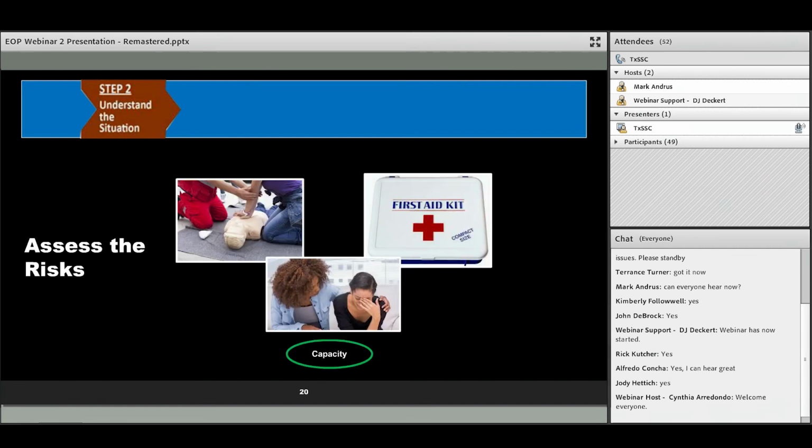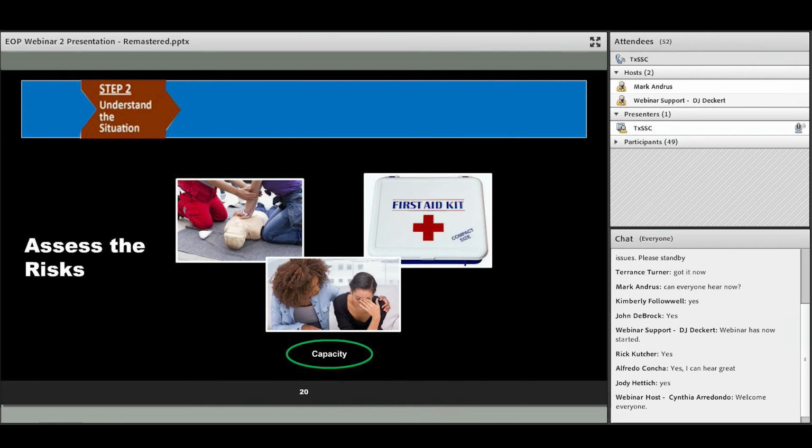And you also need to look at your capacities. What is it that we can do? Look at our resources. First of all, our human resources are very important. Lots of times we've gone to trainings, even weapons of mass destruction training, where we get to see what it's like to be a first responder to violent incidents or even train derailments, things like that. It gives us a better understanding of what it takes in the way of resources and capacity.